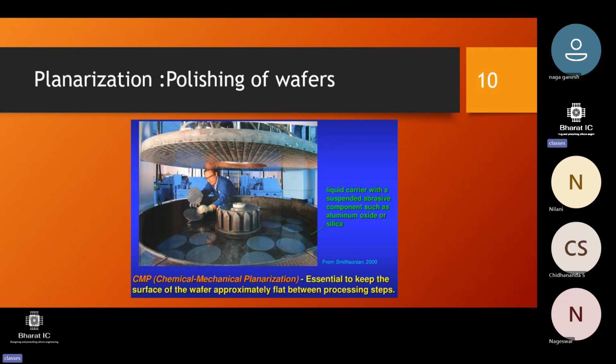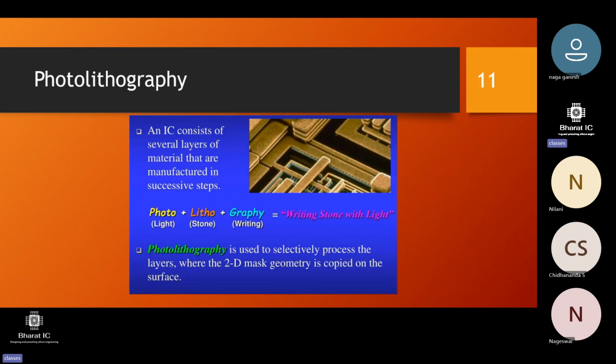Now come to the next step, which is called photolithography. We already tried to understand photolithography yesterday. I told you about an IC. So up till here we got to know